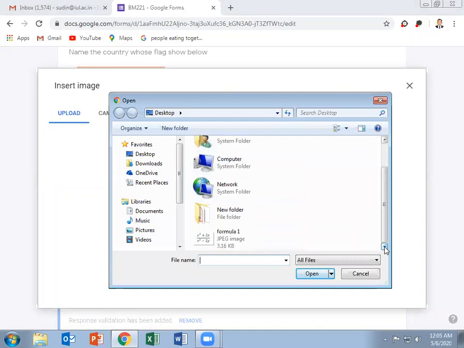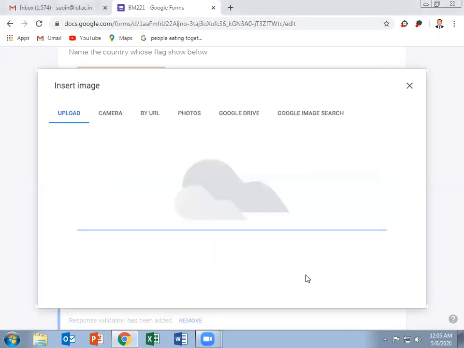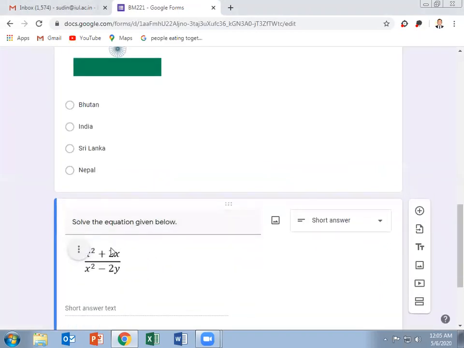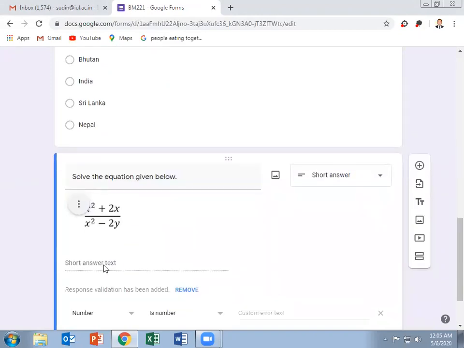Let's see where our image is. Yeah, this is on the desktop, the formula 1 image is given. We have to press enter. Now you can see that the formula is given. Now the short answer can be given accordingly.